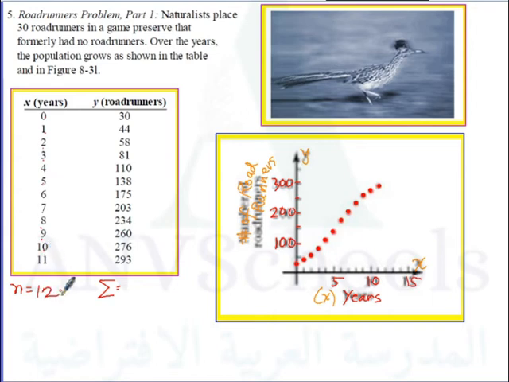And the sum of these y values here is 30 plus 44 plus 58 plus 81 plus 110 plus 138 plus 175 plus 203 plus 234 plus 260 plus 276 plus 293. So the summation is 1902, and divided by 12, the mean should give you